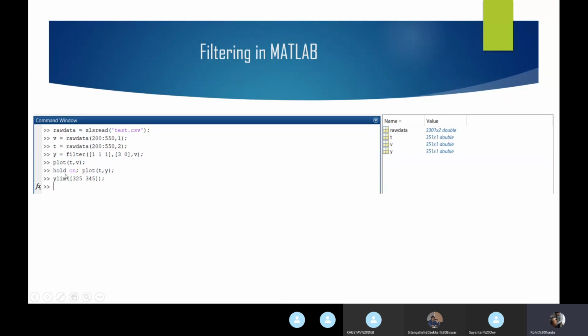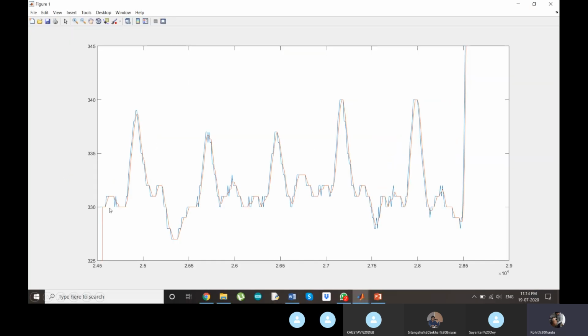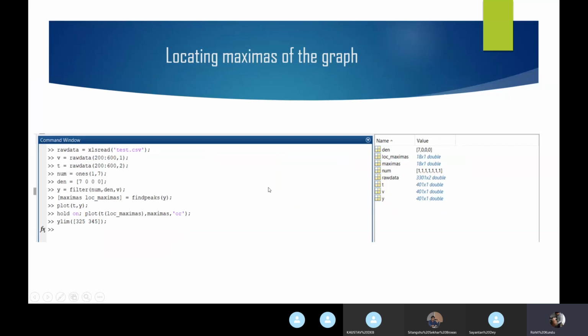I'll explain the hold on command later on. The blue graph that you see here is the original graph from the raw data, and the red graph is the moving average filtered graph. See, it is much smoother than the blue graph, with window size 3.